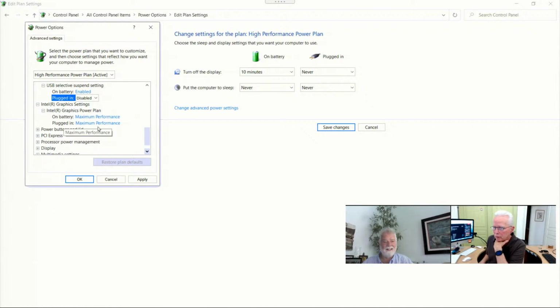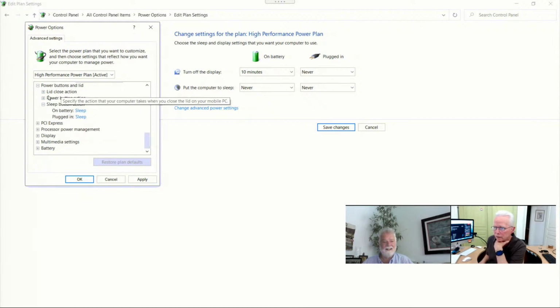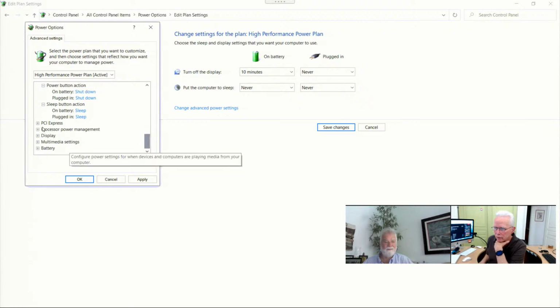Power plan plugged in, maximum performance. That sounds good. Just going to look at the alternatives. Yep. So we'll just take maximum performance. Power buttons and lid. Don't think I care anything about this because this is only going to affect if you press the power button or close the lid, and you're not doing that. Okay, so then